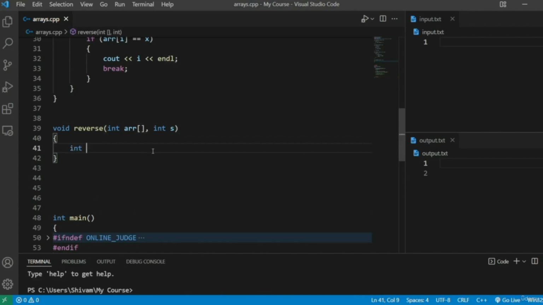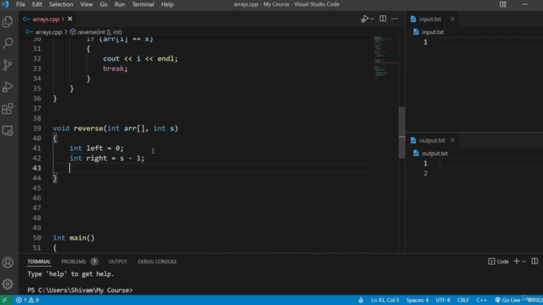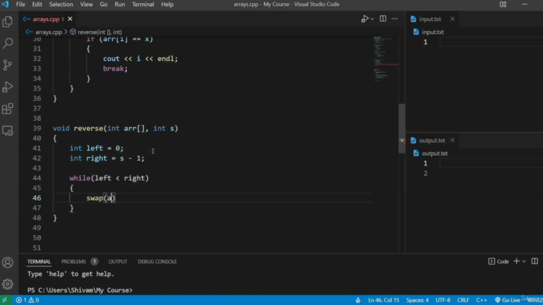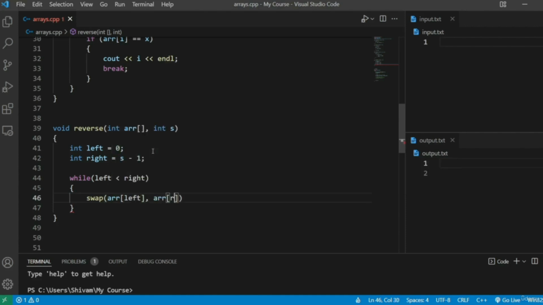We will take 2 pointers, int left is equal to 0 and int right is equal to s minus 1, which will point to the last element of the array. We will run while, as we have seen in the pseudocode, left is less than right, and we will say swap arr of left, arr of right,